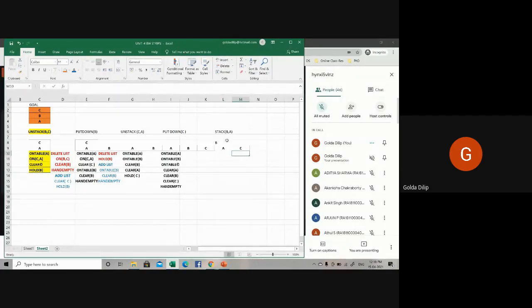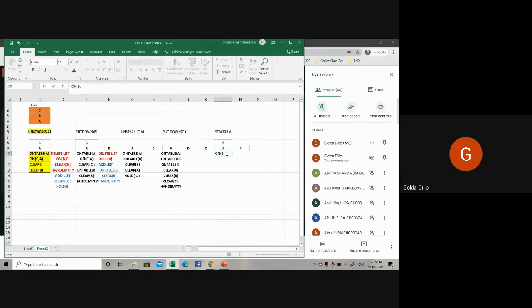I'm giving it a different color to avoid any confusion. So stack B comma A. When I say stack B comma A, what are the preconditions for this?